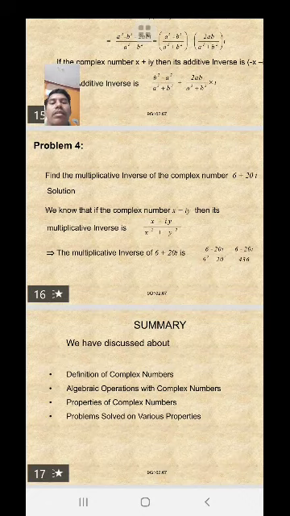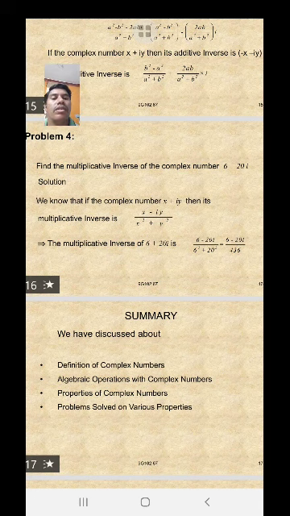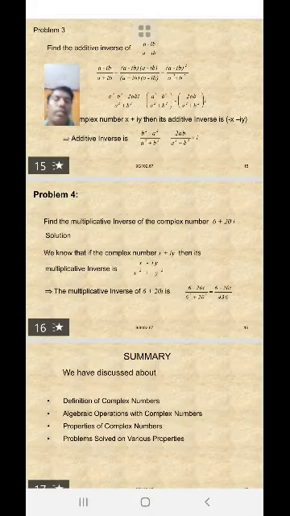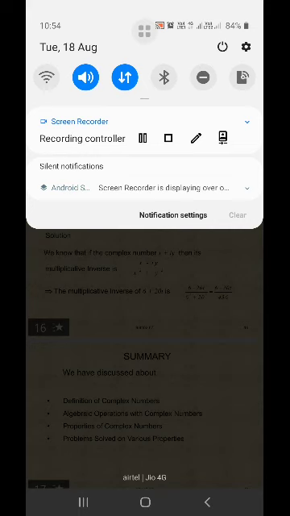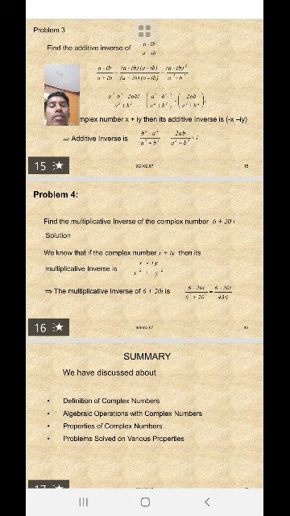Next question and next problem. Find the multiplicative inverse of the complex number 6 plus 20i. Solution. Find the multiplicative inverse of the complex number 6 plus 20i. The solution is,